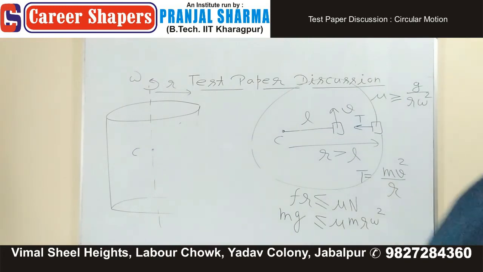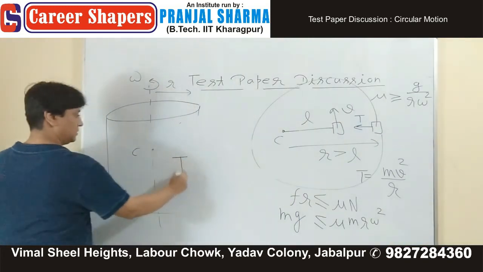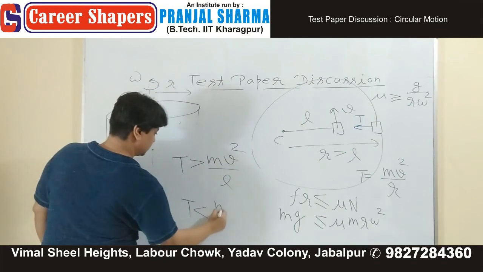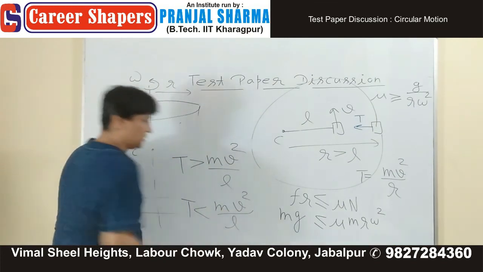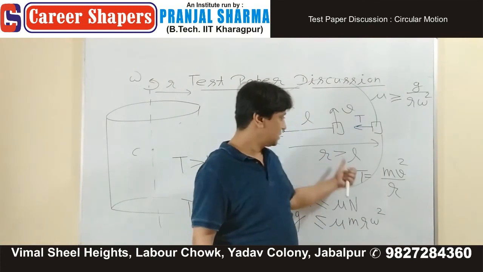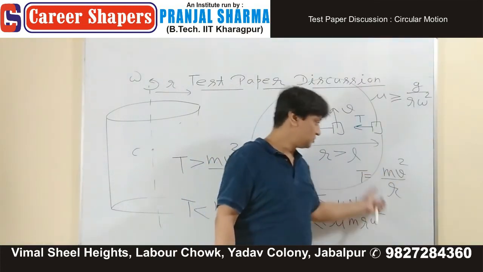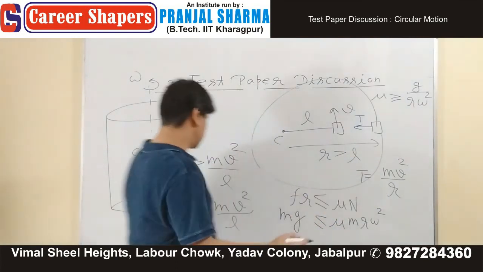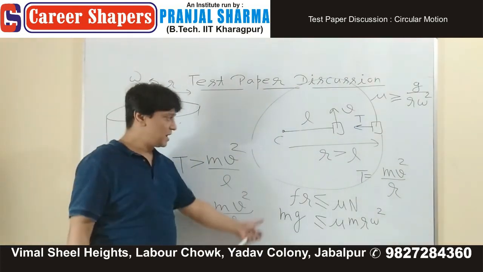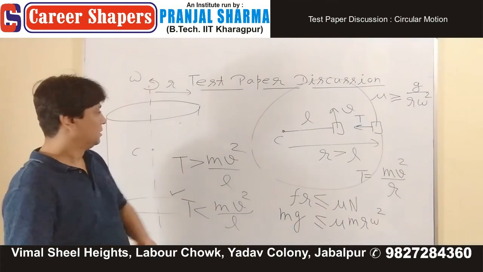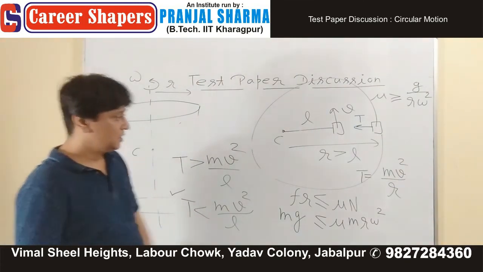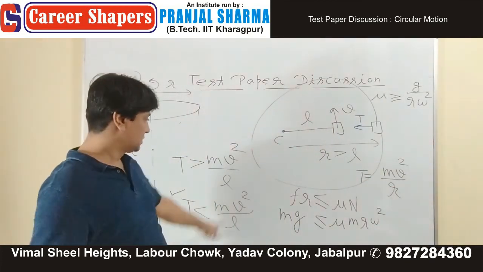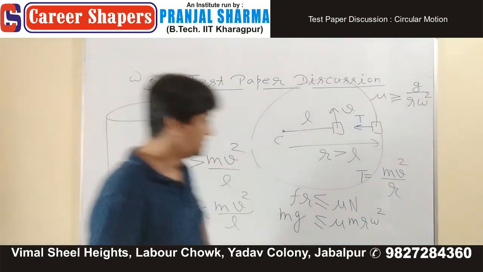C option says T is greater than mv square upon L. And D option says T is less than mv square upon L. भाई T है कितना, R. What is R? Greater than L. तो ये जो चीज है mv square upon R, ये R आपका L से ज्यादा है। डिनोमिनेटर आपने बढ़ा रखा है, इसका मतलब टेंशन mv square upon L से कम हो जाएगा। So this is how you answer this. This is mv square upon R. समझ में आ गया होगा, easy है।